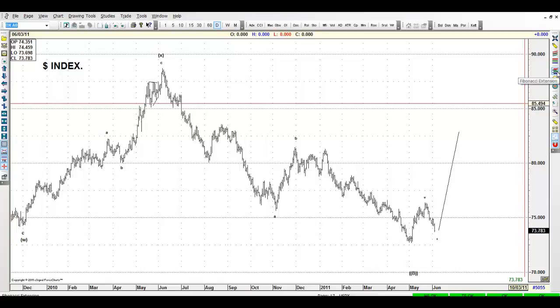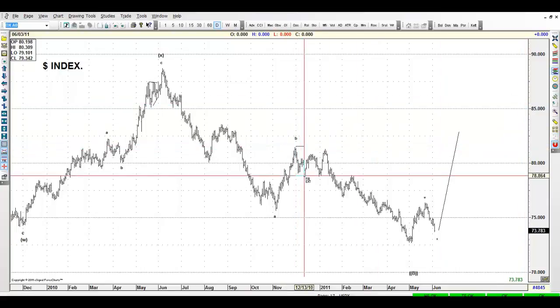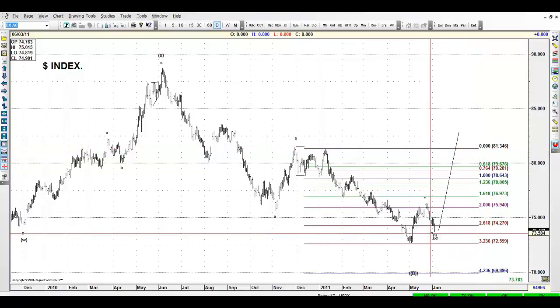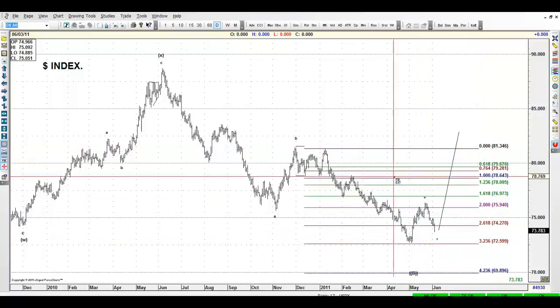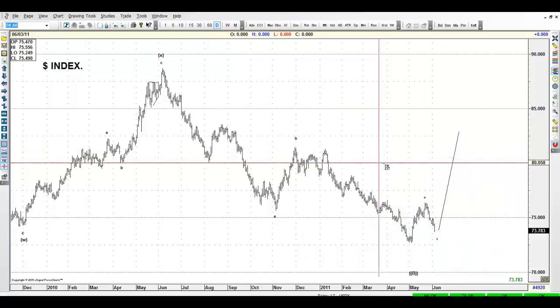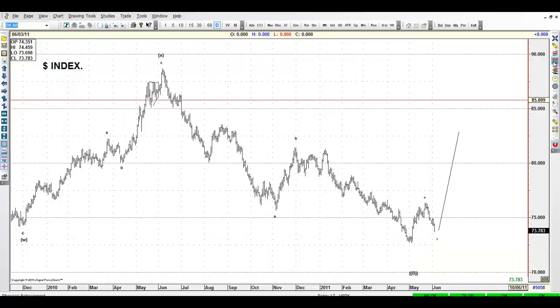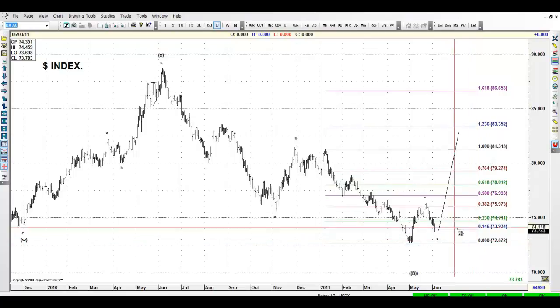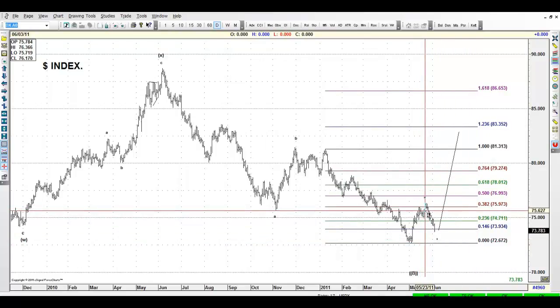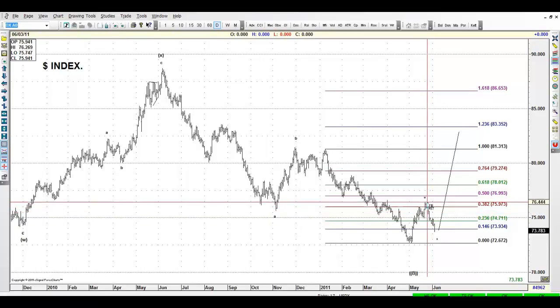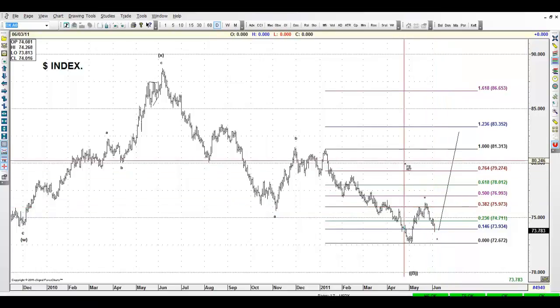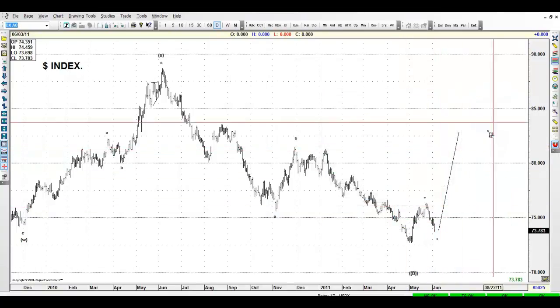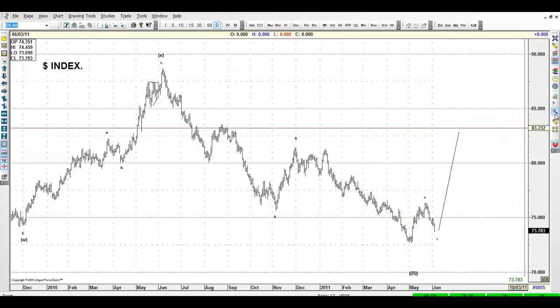And then on the C wave, we got 1, a flat wave 2, and then if you take right here, you're going to see that the low right here is the 3.236% of this move right here. So 1, 2, a 3, you're going to see that this high around 74 area was 73.36 area, 76.36 area is around the 38.02, and then that count is going to take the dollar lower within the wave 5.